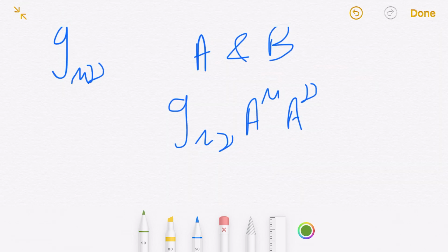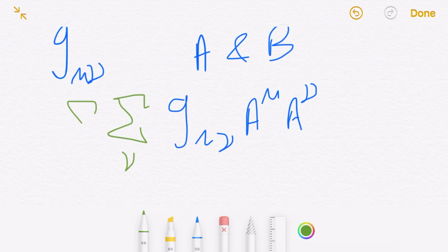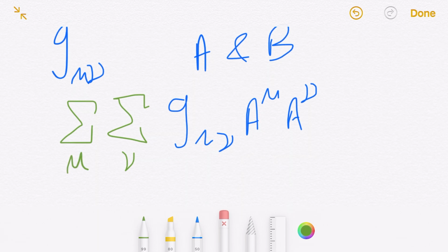I'm assuming knowledge of Einstein's summation convention. So this is simply going to be a sum over the mu index and the nu index, but for convenience, we will just